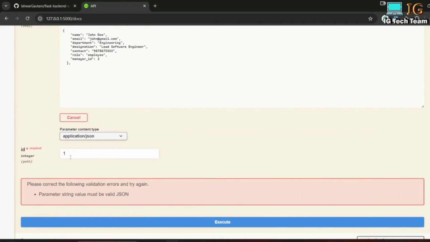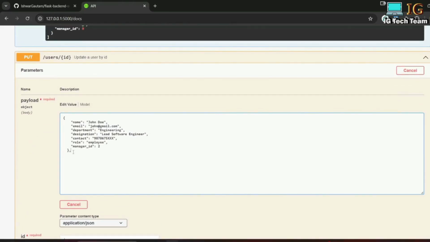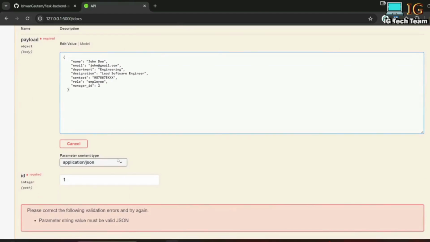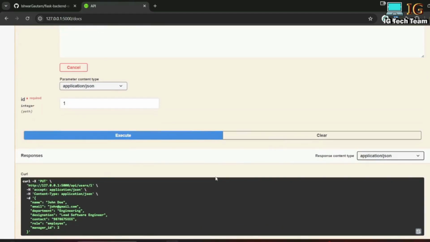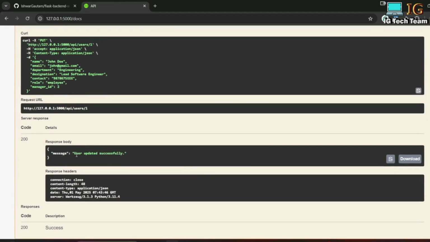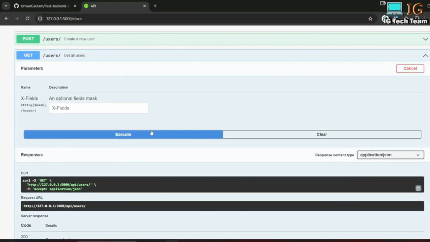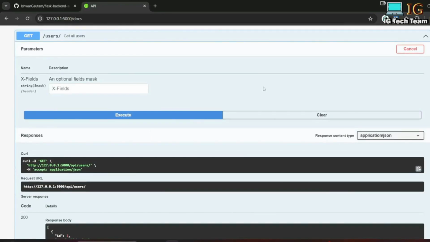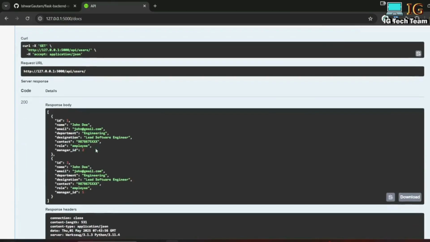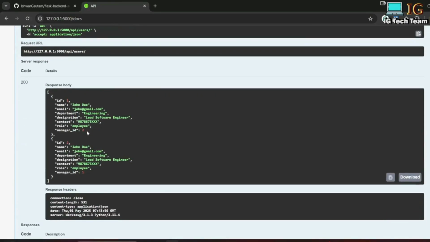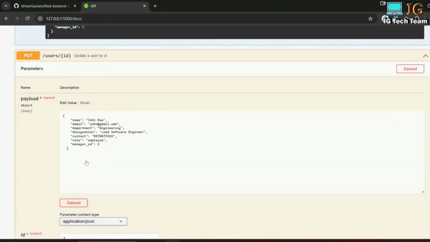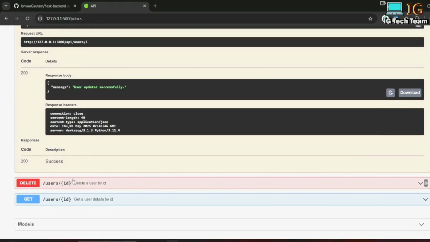okay, I'm getting this error. I have to remove this comma here, and now if I click on execute again, okay, now the message is user updated successfully. I have updated my manager ID. If I click on execute again in this get request, now the manager ID is 2, so I have updated my user. And now I would like to delete this second user, so in the delete request here